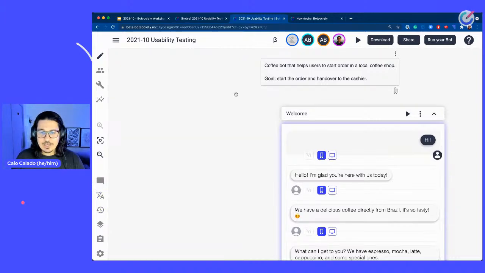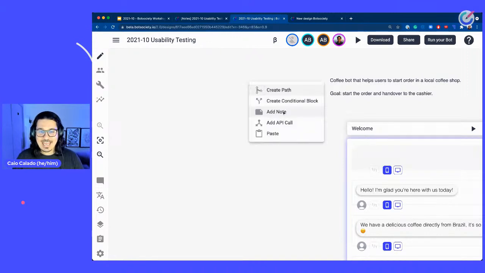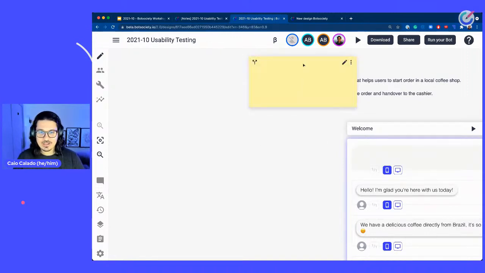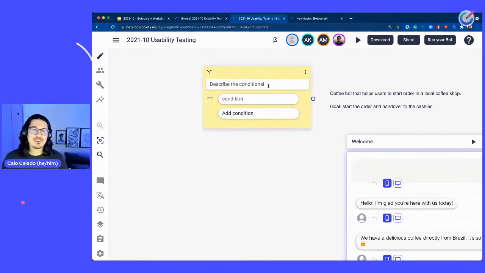So usually you say this outside Botsociety, but you can also, for example, add here a conditional block that you can use as a pop-up message. Pop-up is a funny word, but it's going to display to the user before you actually start the conversation. So since the use case that we are going to test is a coffee bot for a coffee shop that starts the order, we can just give a scenario, introduce an idea to the user. So we can say like,